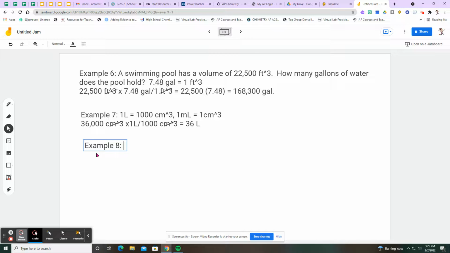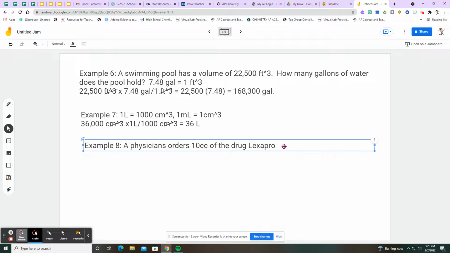So it says a physician orders 10 cc's of the drug Lexapro, which is used to treat depression and anxiety. I did not know that. Learned something today. Okay. To be administered to a patient